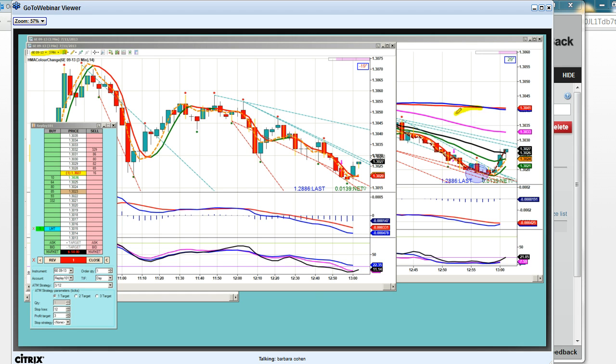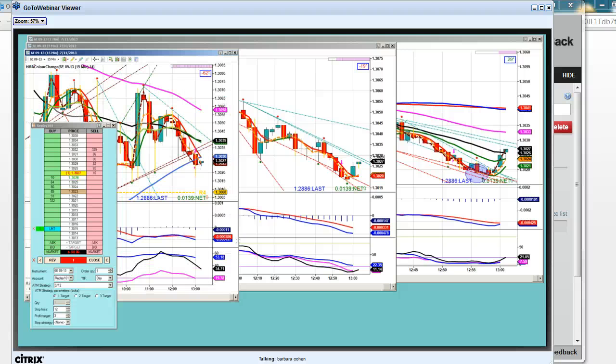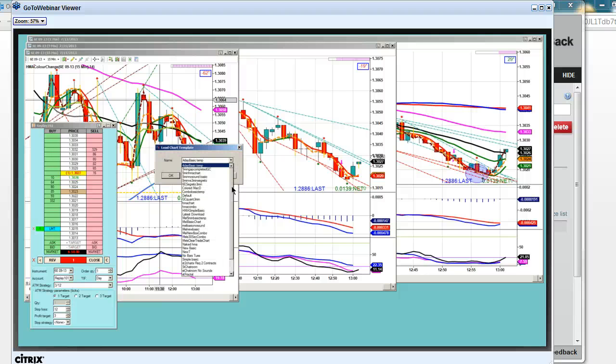Notice that my 1-minute chart has got everything that I want on it. My 15-minute chart has got everything, and even though I'm using the Mel Basic template. Okay, I suggest you start with my Mel Basic template and the Mel Basic chart. Don't use every indicator that we have. Shadow Traders evolves over time, and the reason we have a lot of indicators is because everybody likes something different. So we like to continue to accommodate people.